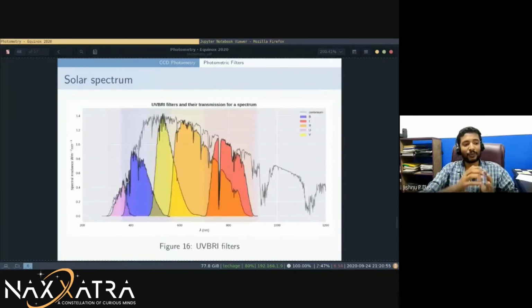And with this, what we can do is, if we do B minus V, let's say we are getting 1.2 with our yellow filter, and we are getting 0.8 with our blue filter, we can try and estimate that this curve is something like this. And using this is called color index. This entire thing would take us a day, but I'll just briefly give you the idea. What color index allows us to do is, using photometry, measure the temperature of any star, any black body, essentially. So we can measure the temperature of the sun using UBVRI color indexes.